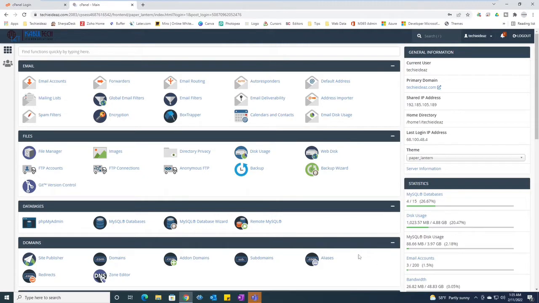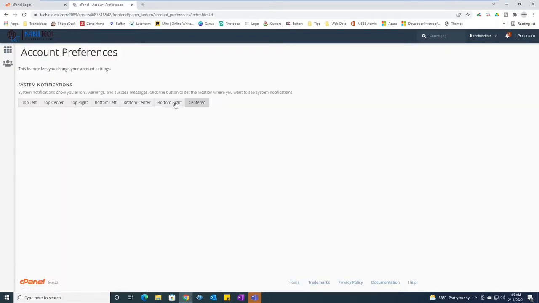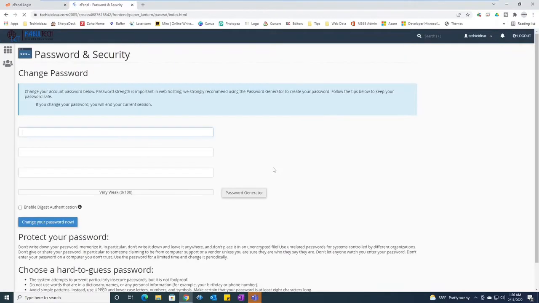We went through some of the basics. Here I will go through some of the options that you have one by one. Account preferences, if I click on it, is just for the notification. Currently the notification is set to center. You can choose and change it to whatever, so it's not that important. We will skip that. Coming to the password and security section, this is one of the important things that I